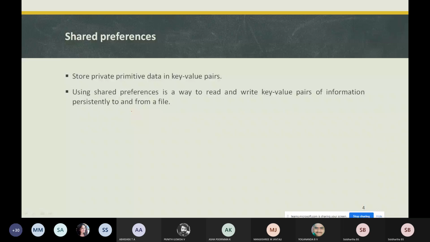Network connection means you are going to store the data on the web, by using the network. And cloud backup: whatever applications you are going to back up, and your data will be stored in the cloud.